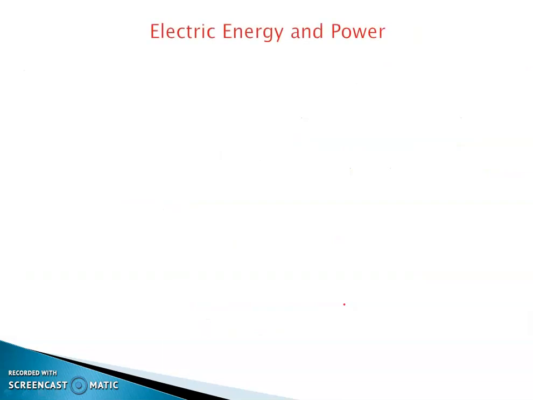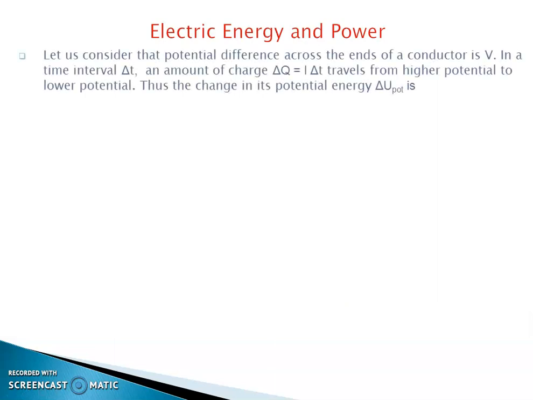Now the next topic is electric energy and power, right? Suppose we have a circuit containing a resistance R. When we connect a battery across it, the current flows in the circuit. Suppose current I is flowing through this one. After some time this resistor will heat up, meaning it is dissipating some amount of heat. Now what is that heat energy? That is electrical energy, right?